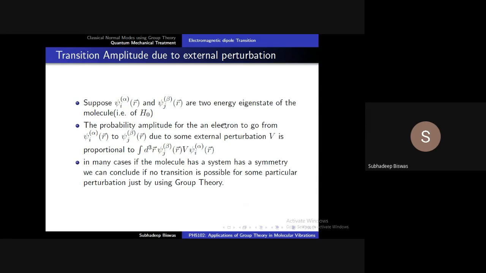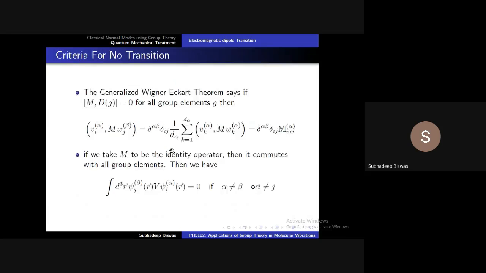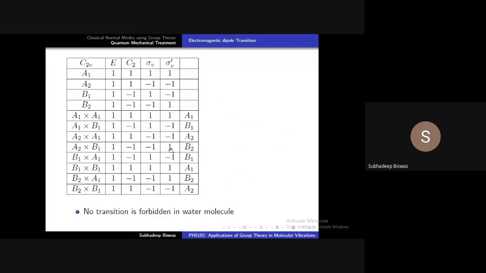matches the irreducible representation under which this transforms, then a transition can take place. And we will see that actually no transition is forbidden. For example, an electron can jump from A1 to B1, also from B1 to A1. By the way, the most important point was here, I forgot to mention that I have considered A1, A2, B1,